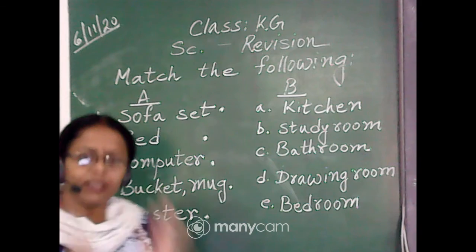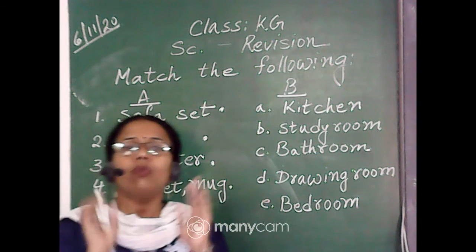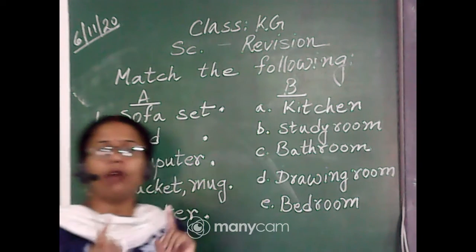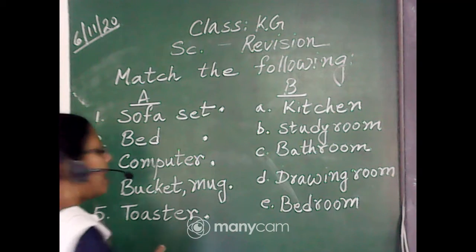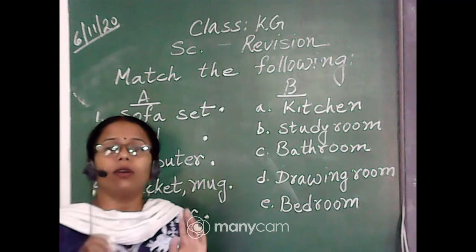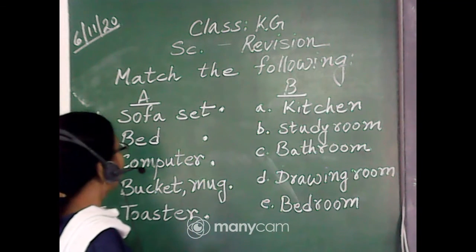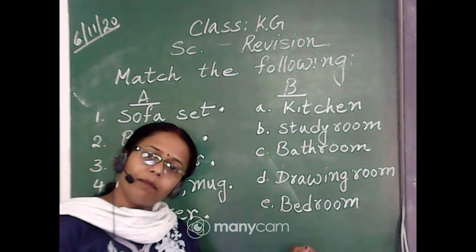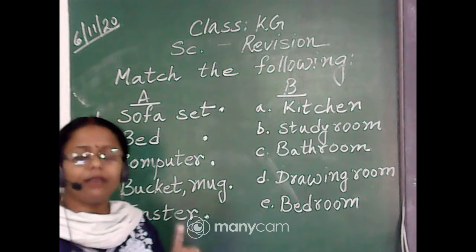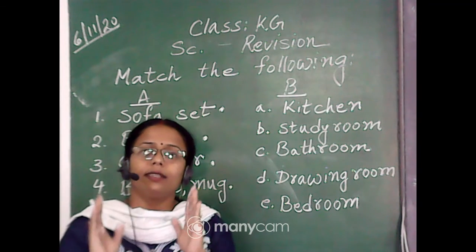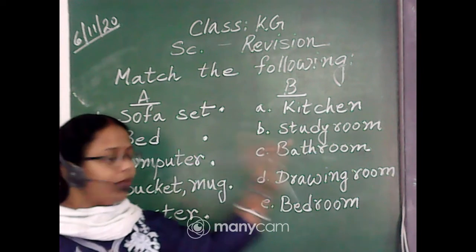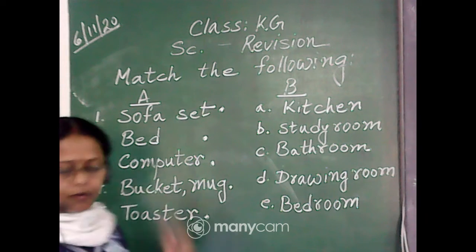So students, if you are being told to do number matching, then the first thing you have to see is whether column A is having numbers and column B is having numbers or not, because it is mandatory to give numbers for column A also and for column B also. Okay, so if we are doing the matching with numbers, then we need numbers on both sides. So let us first do the matching of numbers here.